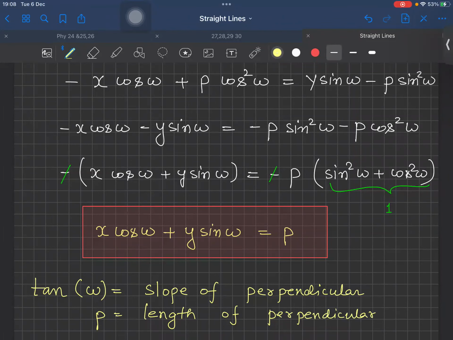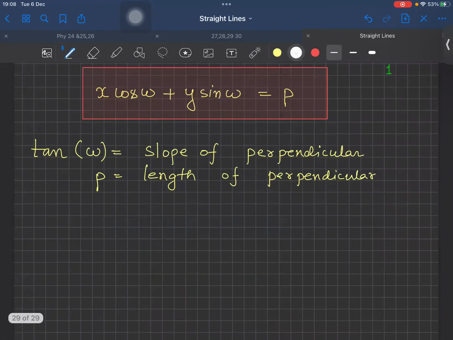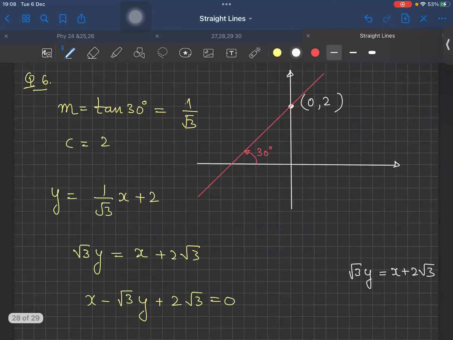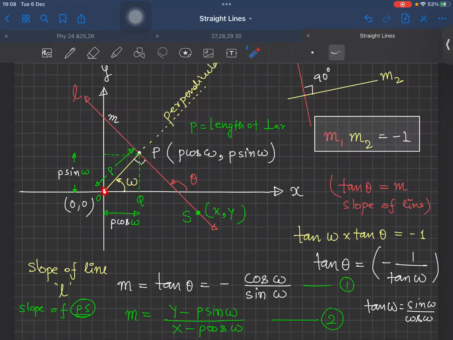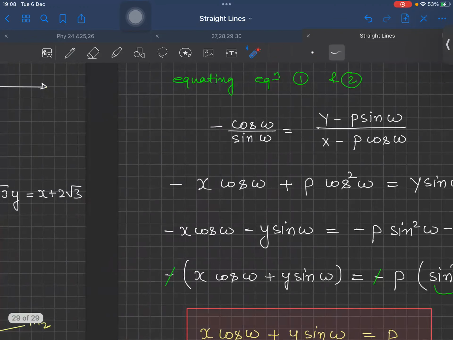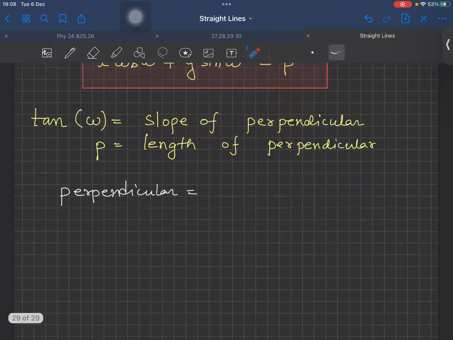See, perpendicular, now let me write again what is perpendicular. What we are considering perpendicular. What do we mean when we say perpendicular? See, perpendicular is this length from origin to wherever it intersects the line. Okay. So the length, tell me someone, the length